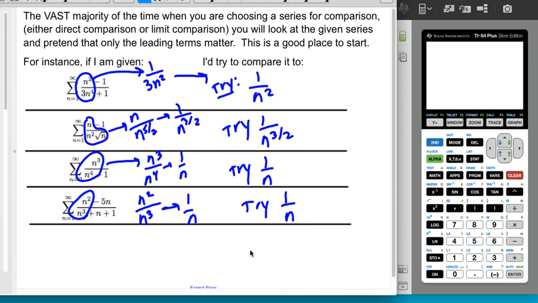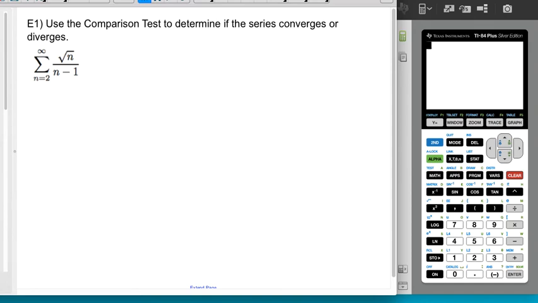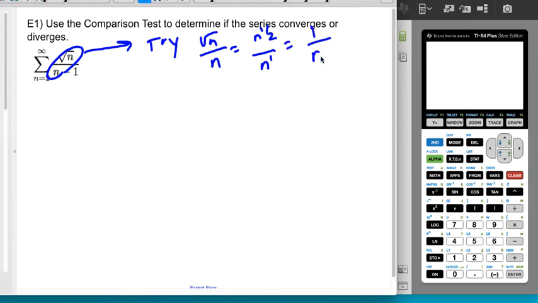And that's a decent place to start. Okay, we're going to use the comparison test to determine if the series converges or diverges. So again, what I'm going to try is to see what would happen if I had a root n on top of an n, which is an n to the 1/2 on top of an n to the first, or a 1 over n to the 1/2. So I'm going to try to compare